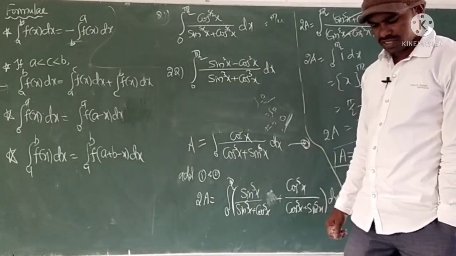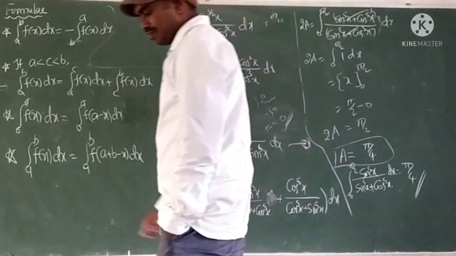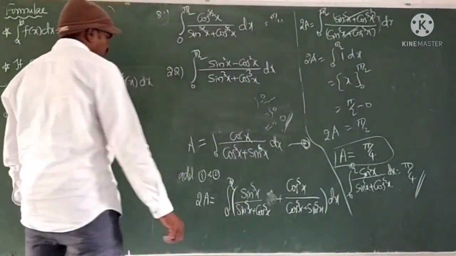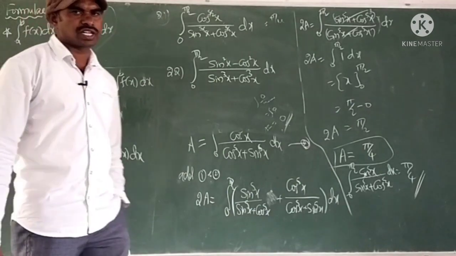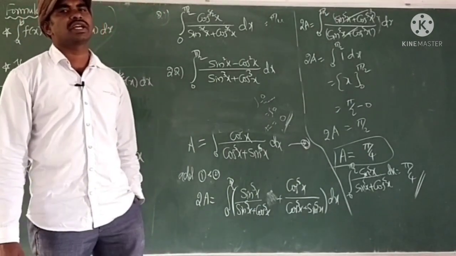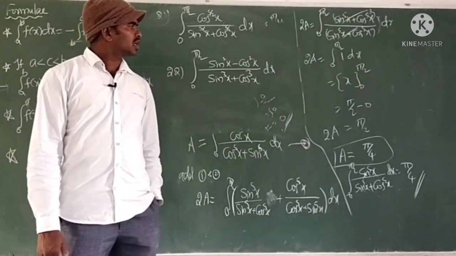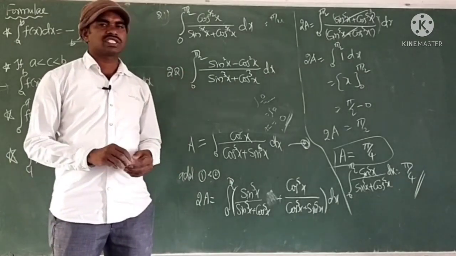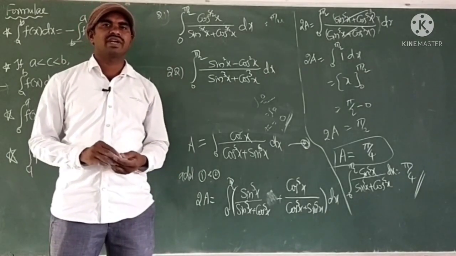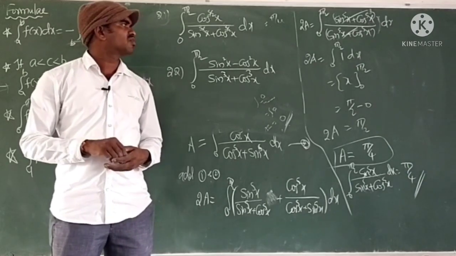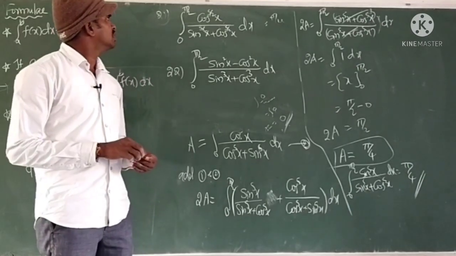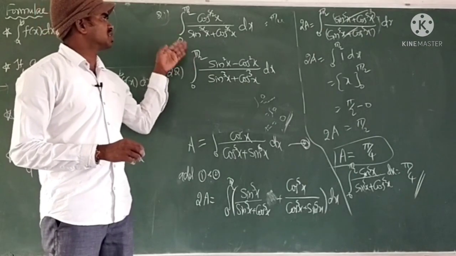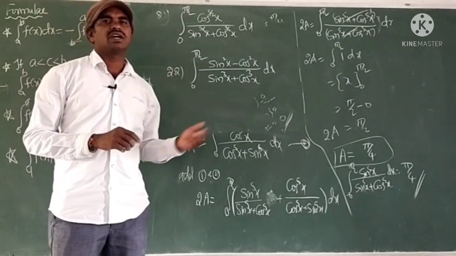Okay friends, questions 21 and 22. In this definite integration, only a few 4 marks questions are there, which I will tell you. If it is possible in part 3, I will start with 7 marks or 4 marks, according to what our questions are based on. So don't forget, these 2 questions are also important. These are the 2 marks questions.